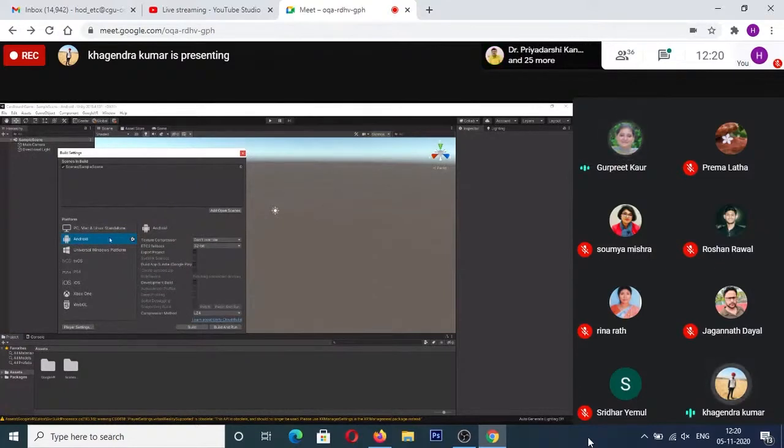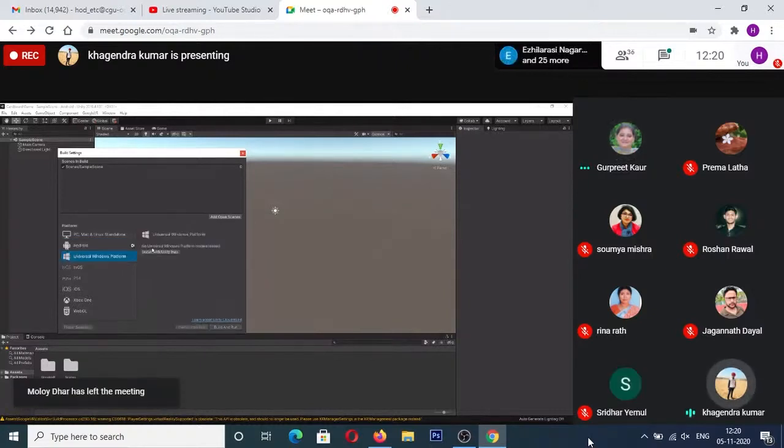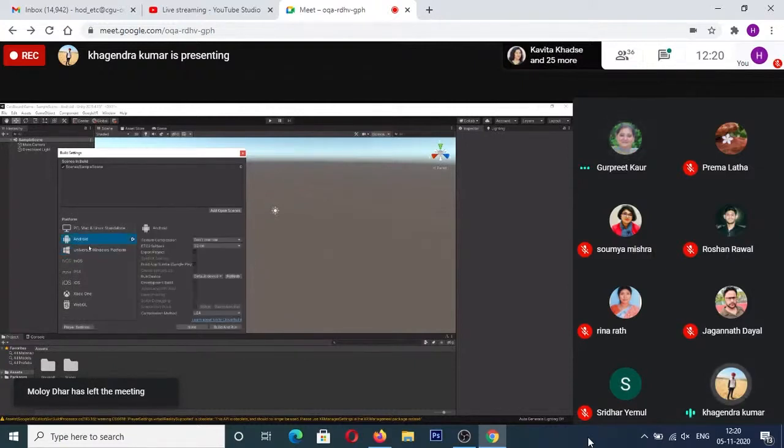Yeah, it does. So right now, if you try to select Android, it does not give you these options. Is that so? No, it doesn't. So it does say something like install with Unity Hub? Yes. Okay, so that means that your Android support is not downloaded properly. If it is not giving you this option, that means your Android support is not downloaded and installed properly.